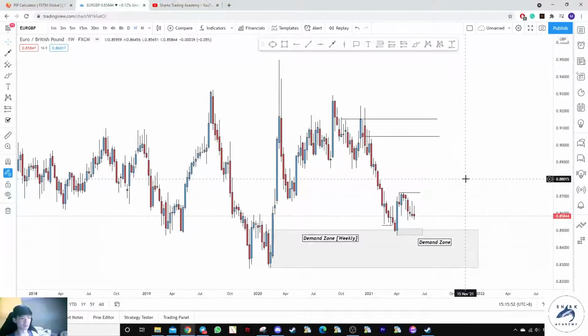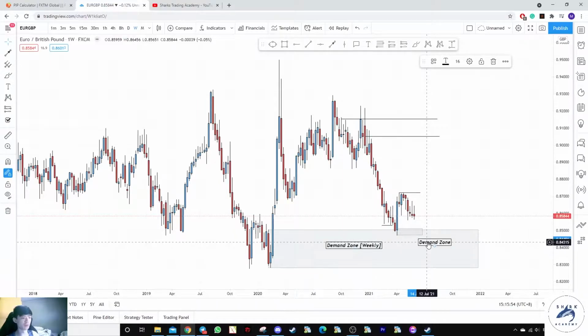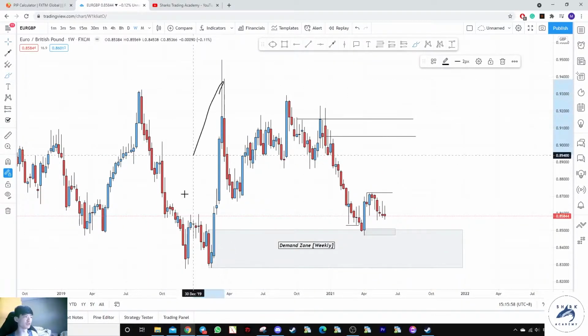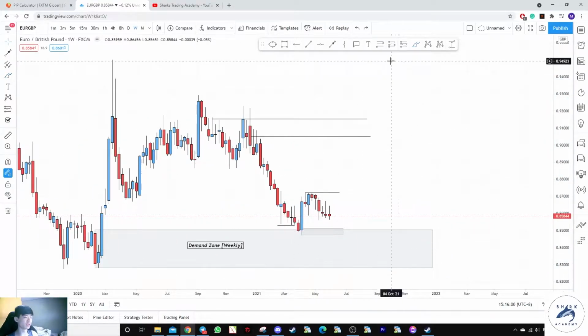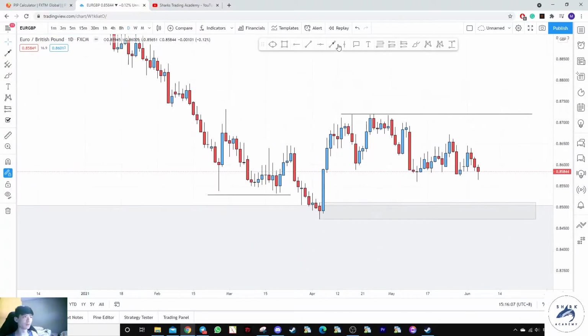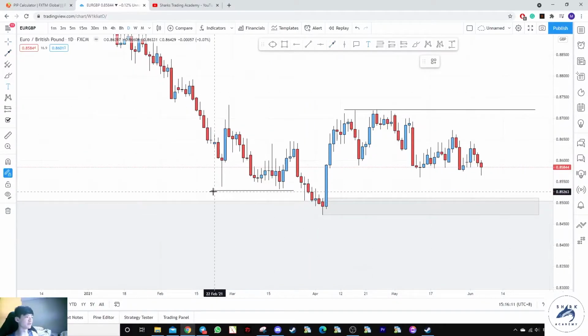The next pair that we'll be talking about will be the Euro Pound. So can you see that we are on a weekly zone where prices make this institutional shift and have now created this demand zone over here. So if you go down to the daily time frame, you can understand that we have a breakout over here, right? So if you were to label this on the daily time frame, this is the